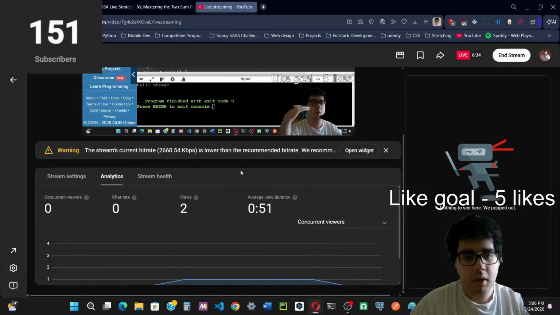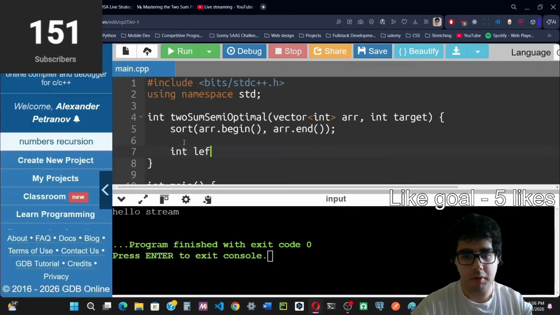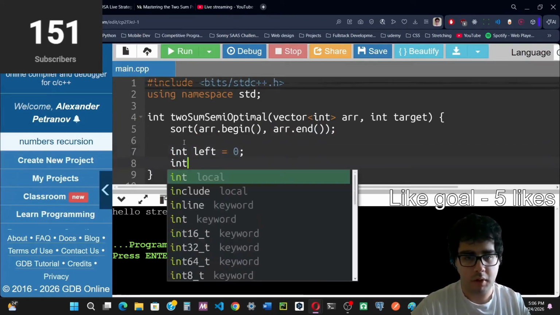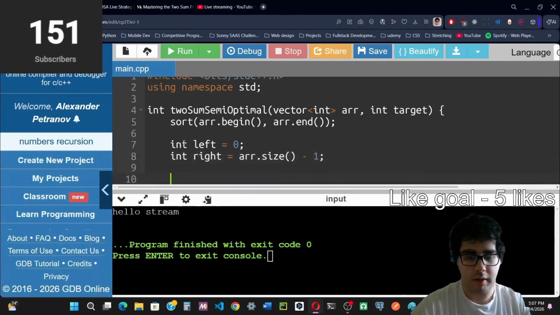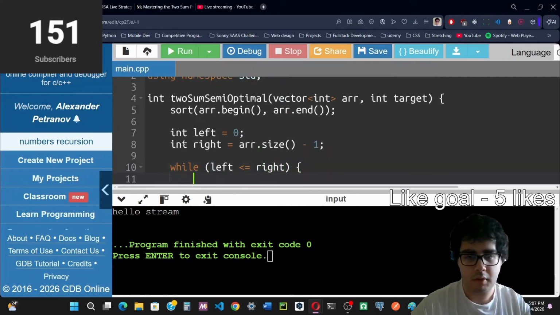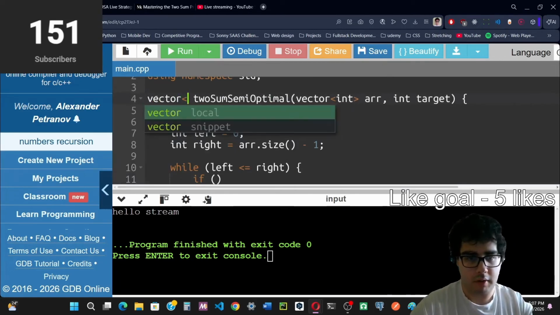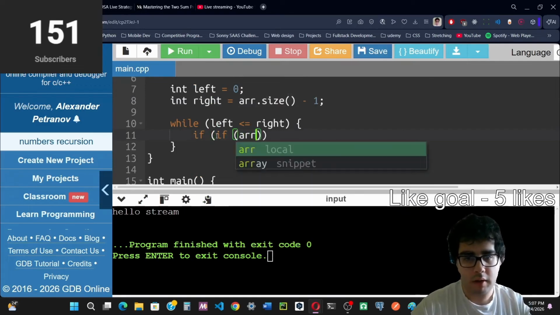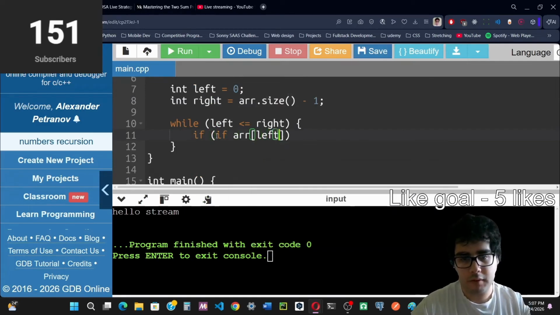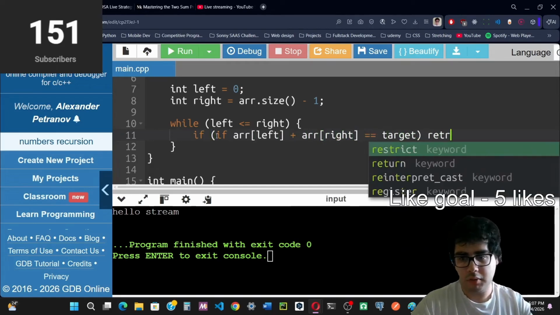So yeah. Okay, first we sort the array. Then we have a pointer which is left equals to 0, and right which is equal to the size of the array minus 1, so the last index. Now, while left is less than or equal to right, actually this is not an int, it's a vector. We're gonna return an array with two values in it. So if array of left plus array of right is equal to the target, we are just gonna return